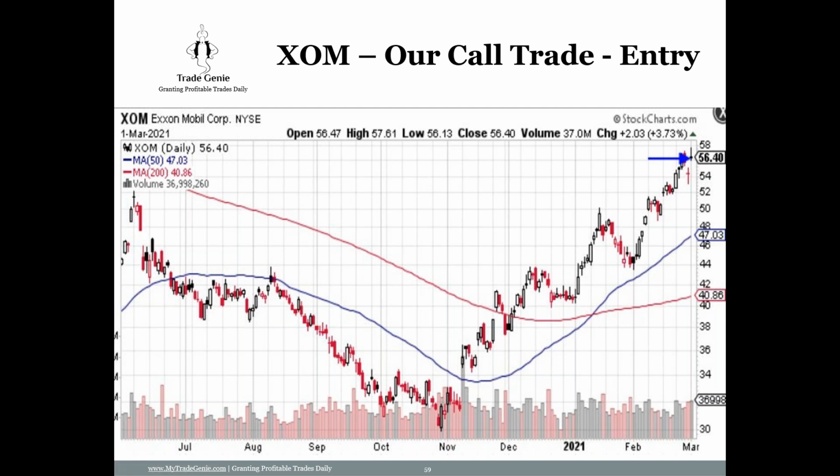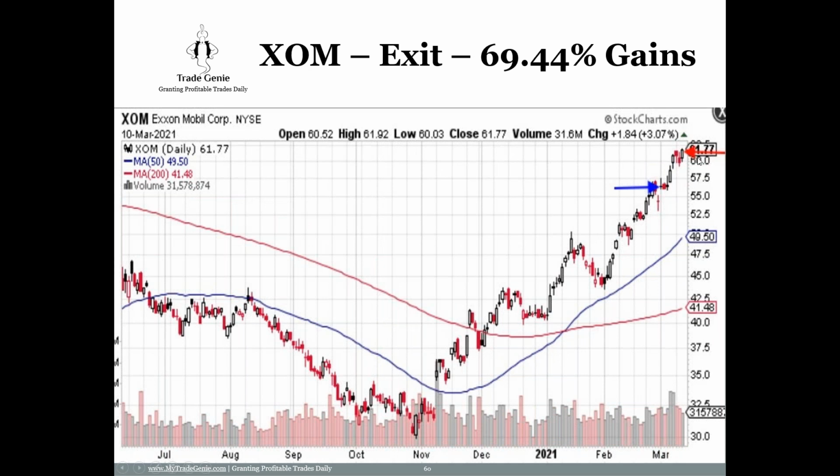On the first of March, I looked at the crude stocks like CVX and others, MRO, etc. Valero, they're moving up. So I chose Exxon and went long at around 56. And you see, it went to 62. We closed at 62, a 69% gain based on this detection that this is bullish, gap down and gap up. A simple detection, no indicator needed, just common sense.